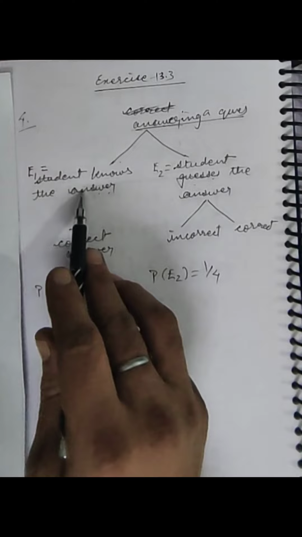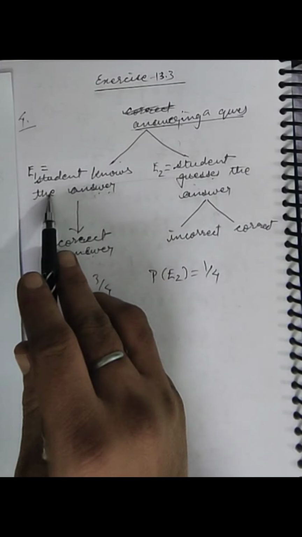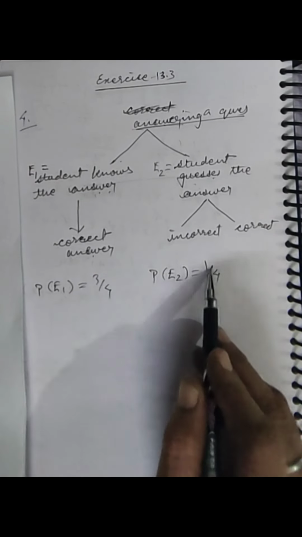You must know one more thing: the sum of all the events we define at level 2 will be equal to 1. As I am repeatedly saying, you may get 2 or more events at this level 2. Always you should check: 3 upon 4 plus 1 upon 4, the sum is 1.